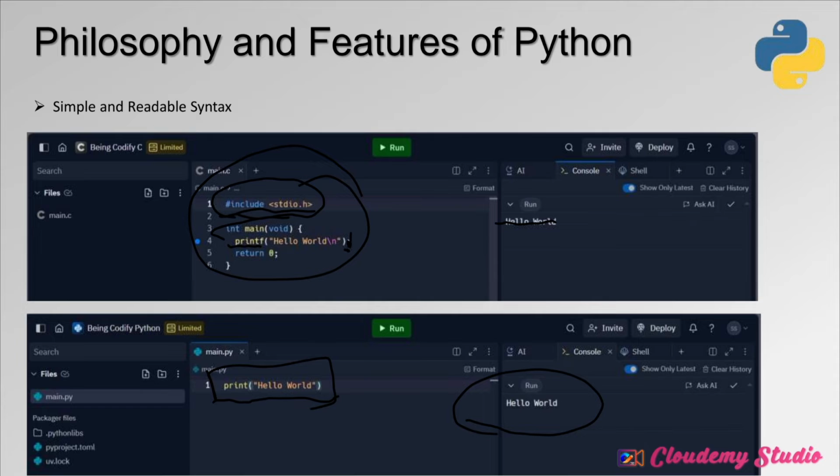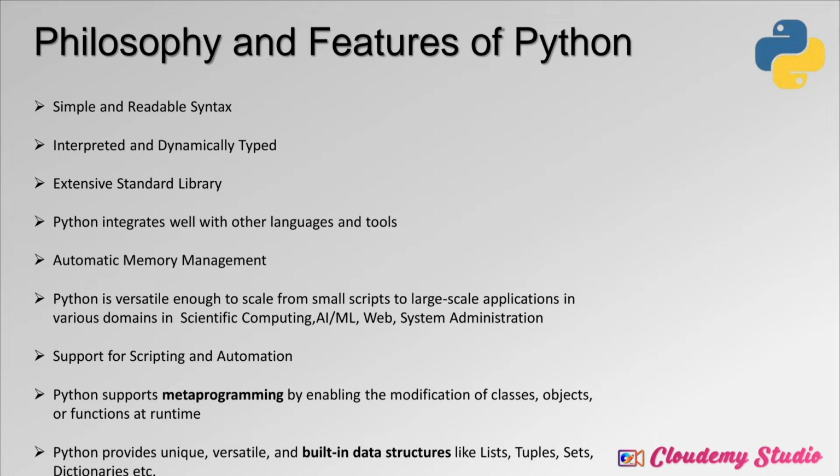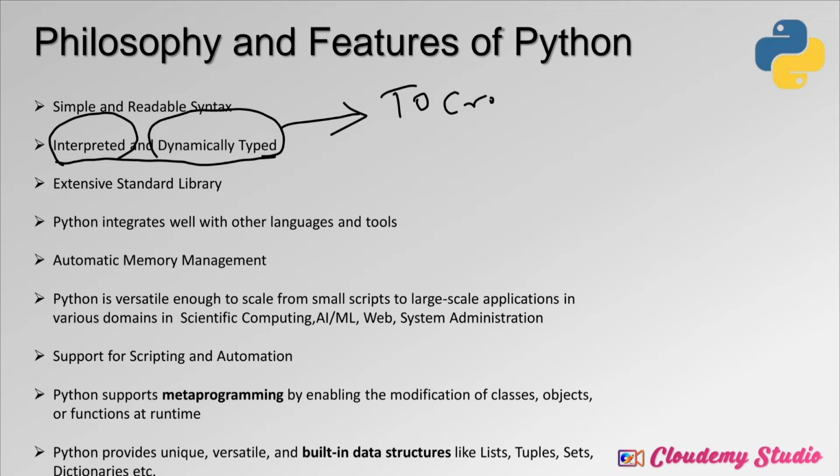Now, the word interpreted language means that Python executes the code line by line, and dynamically typed language means if I want to create a variable of a certain data type, let's say of integer, I don't need to specify that data type for the variable.